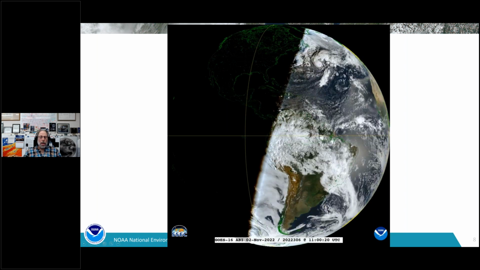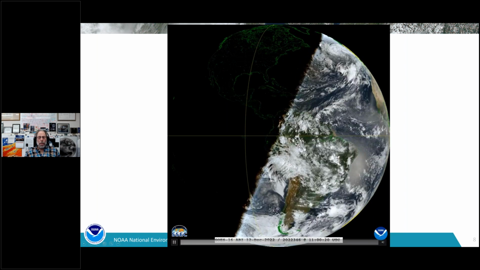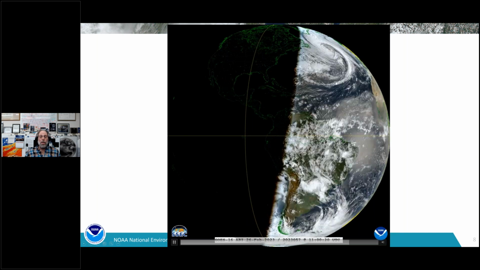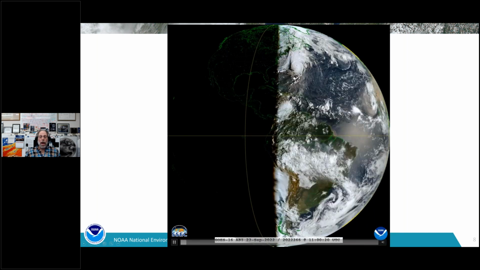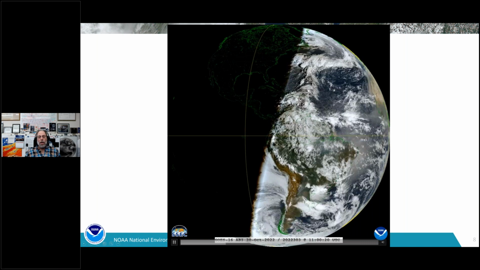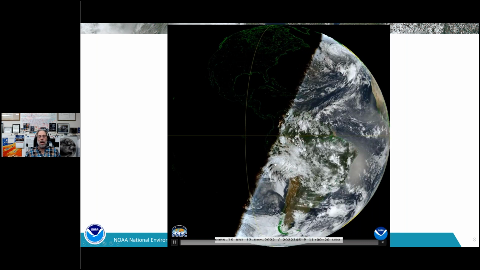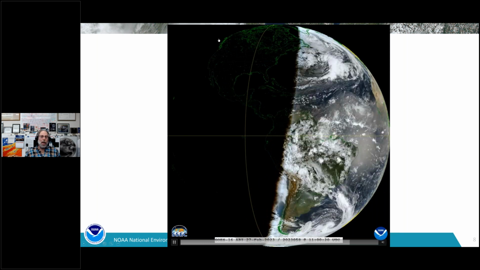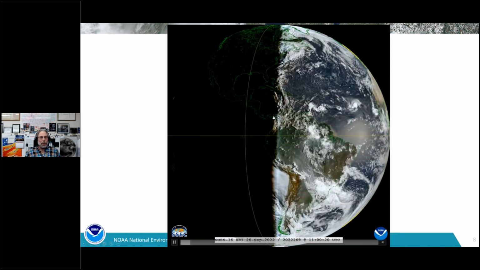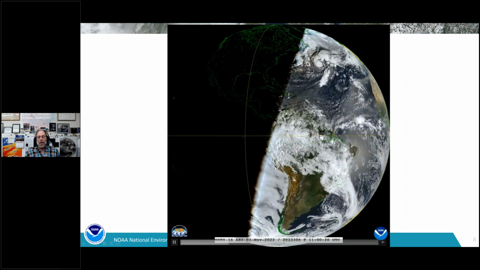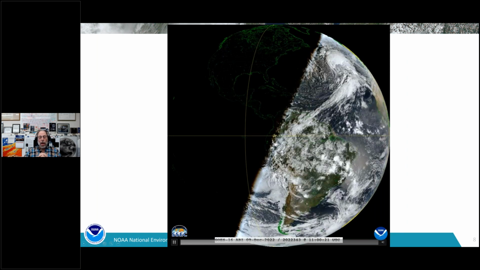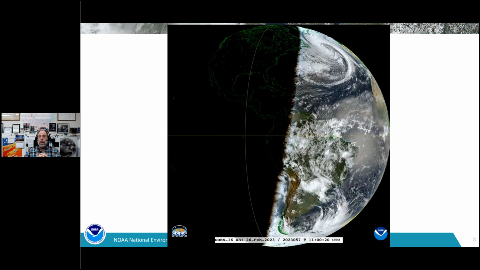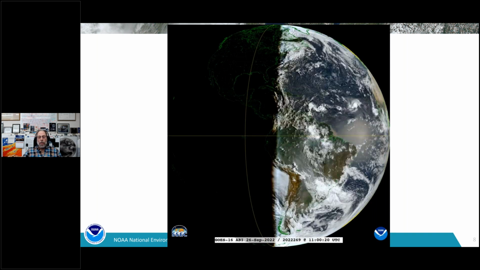You can see we started at one equinox, went in this case to the solstice and back to the equinox. Of course, if we went through this for the entire year, we would have seen the terminator move over 23.5 degrees this way again. So again, this is just looking at one image at 11Z of each day.